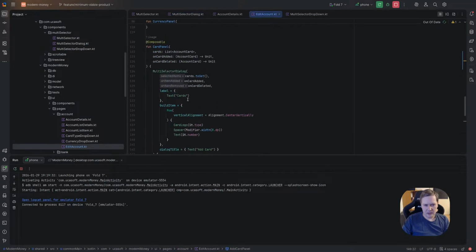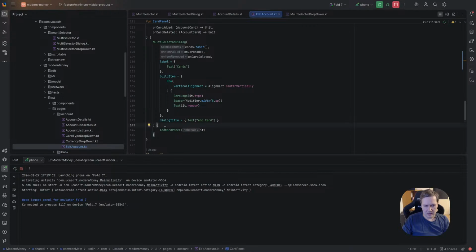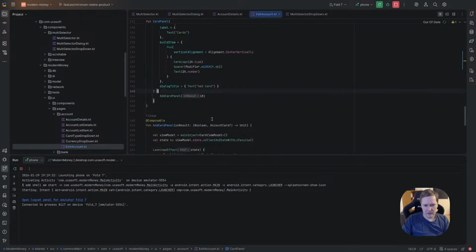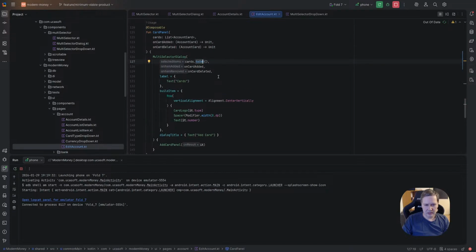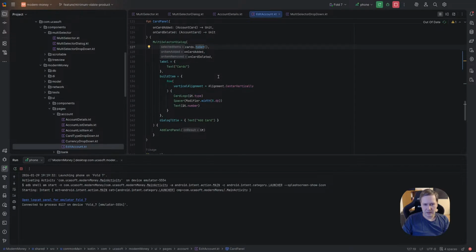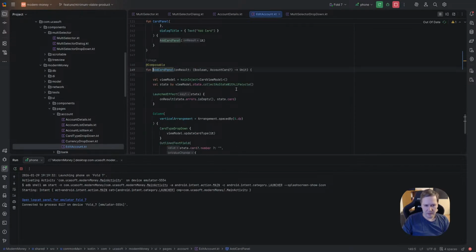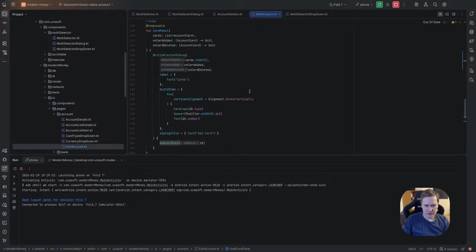Inside dialog content. Build item is how we build this element. We provide this card logo, spacer, text, label, on item add, on item remove, selected item with card to set. It shows everything, but here is card, edit the card panel.